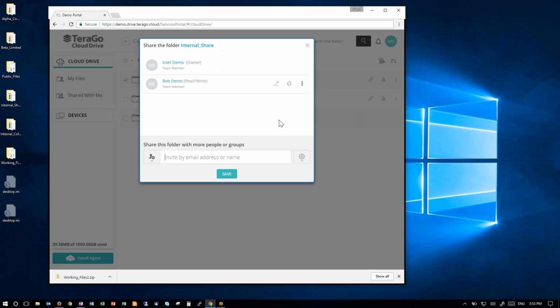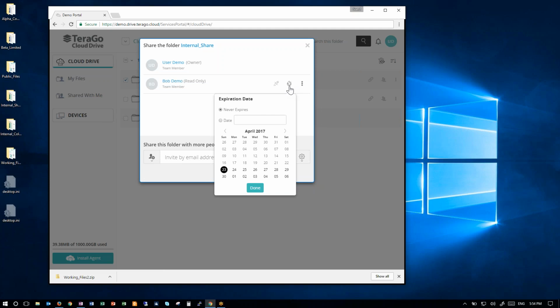There will be some options in which you can allow Bob to either access or update the content. So in this case, since we only wanted to share this with Bob without allowing him to modify it, we will only provide him with read-only access. You can also set a time in terms of how long you want to share this file with Bob. By default, it's set to a date so that it doesn't expire. But let's say you want to set it so that it expires in 30 days, you can use the calendar function, click on the specific date that you want to expire, and that way, at the end of that time, Bob will automatically not have access to this